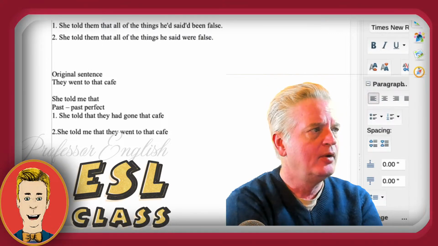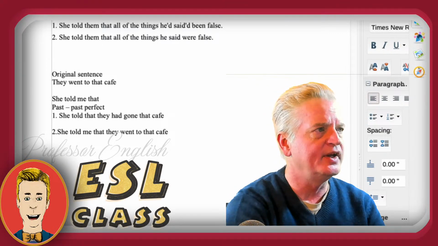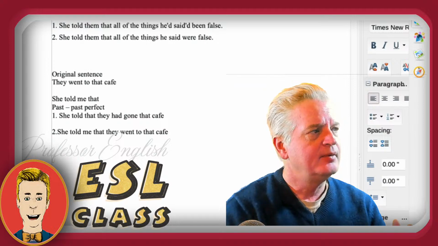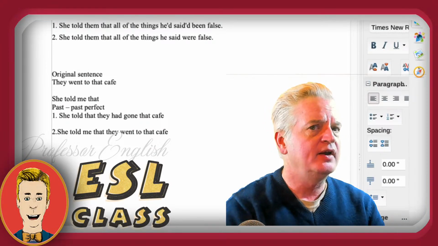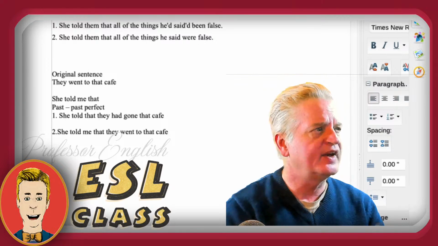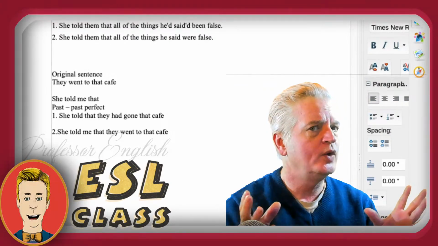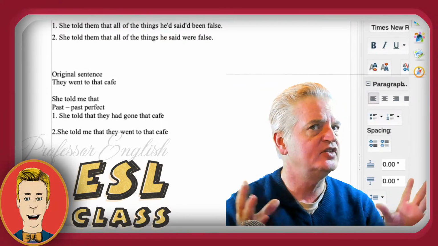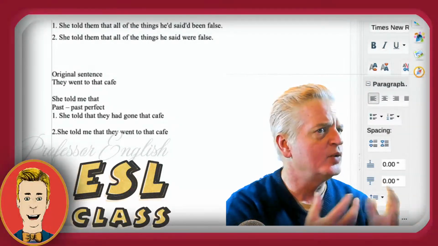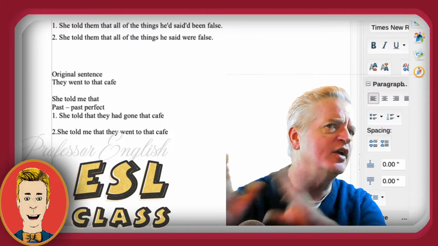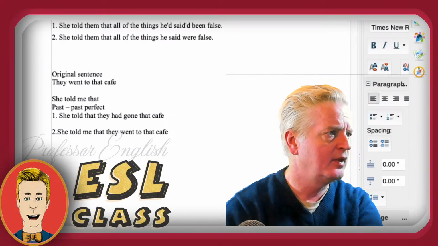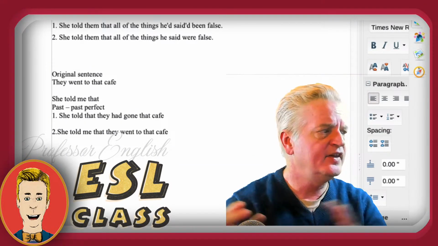Or if the situation is very recent, you can say it like number 2, and you don't have to change anything. But when I was doing the class this morning, I realized maybe there's an easier way to think about this, thinking about the word connection. What is your connection to this event? Are you right there? Are you in the situation? Are you connected to the situation, or are you talking about it later? I think that's the difference.